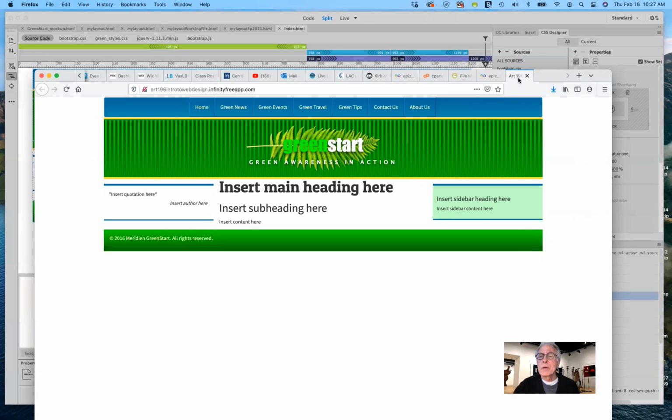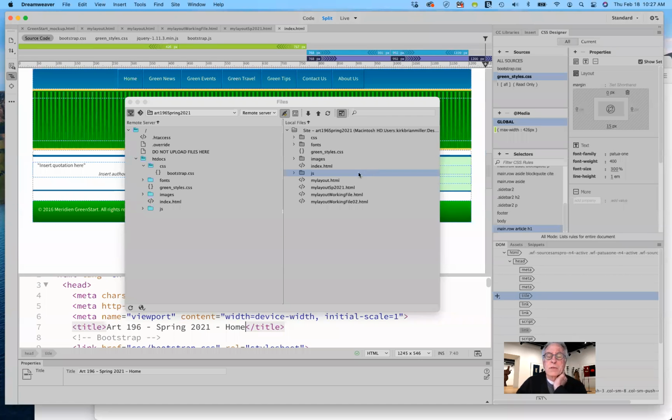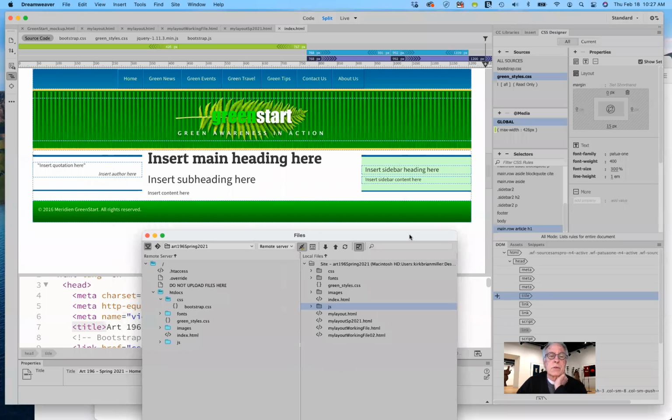Anyway, I hope you can see that it says Art196. So that's the tab that's been opened. Let's go ahead and I'll pull that off, and maybe that will help so you can see a little bit better. Okay, there we go. By pulling that off, you can see it's Art196-Spring 2021, my homepage, and it has been successfully published. And I was able to make that change. Now, anytime you add a change to any of this,